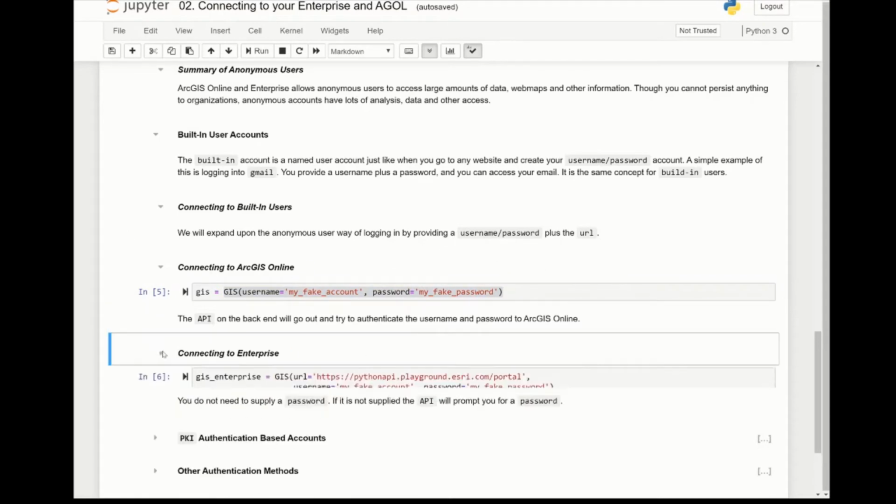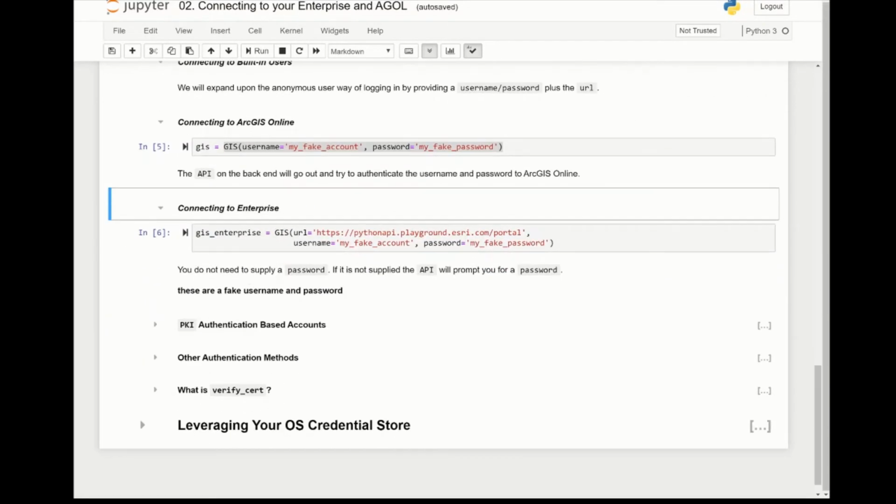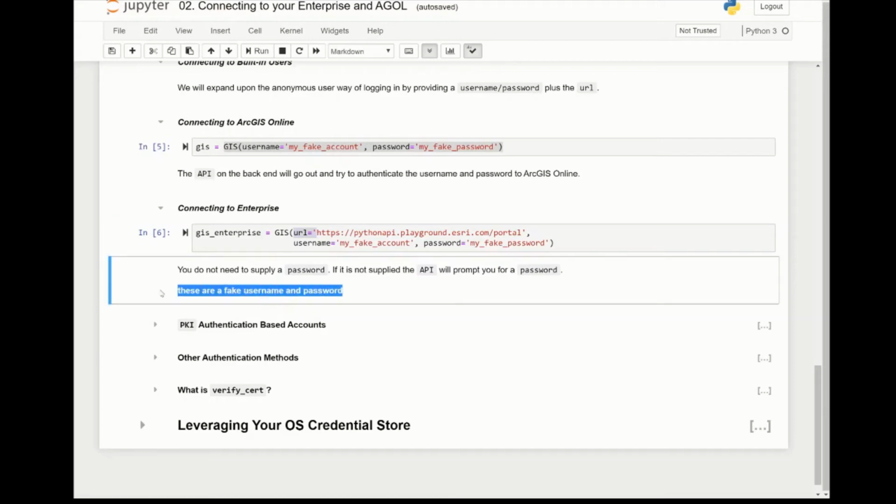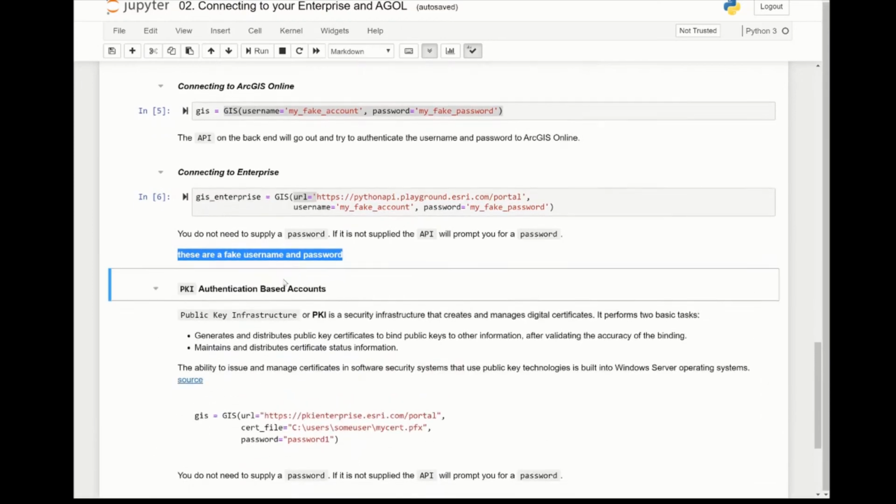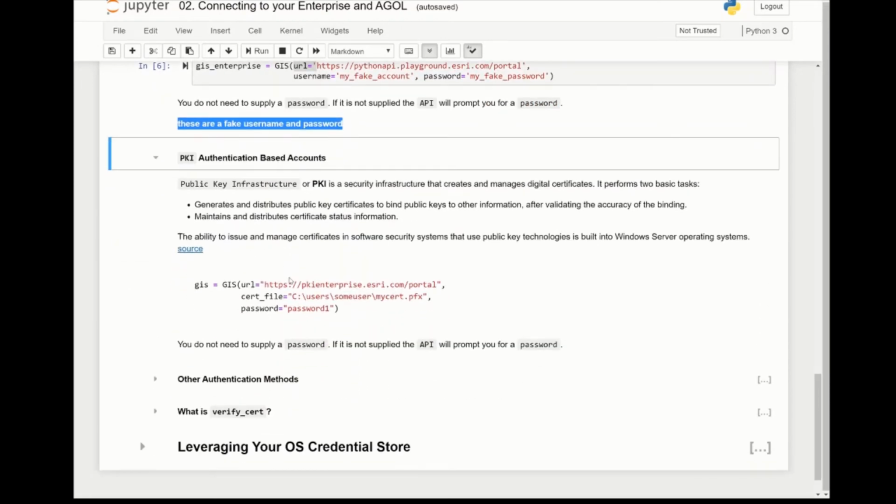If we wanted to connect to Enterprise, we have to provide one additional piece of information besides the username and password, a URL, so we know where to point to connect. And just in case you didn't notice, these are fake usernames and passwords. Okay. If you use PKI or public key infrastructure, this basically requires you to have certificates, and in order